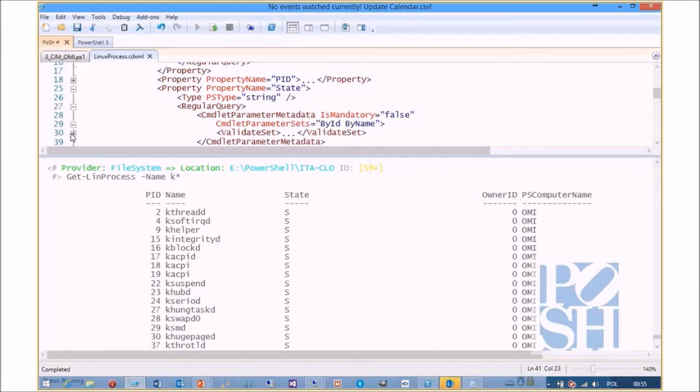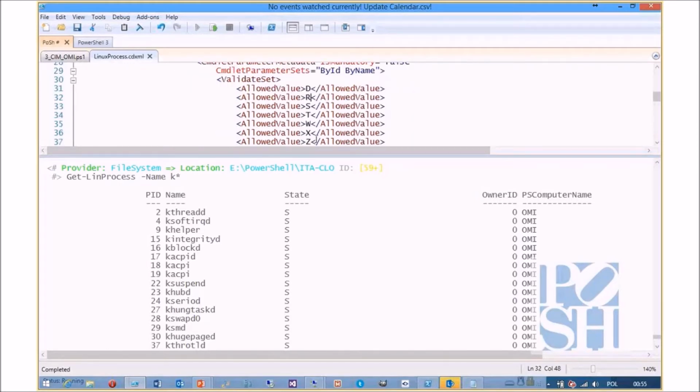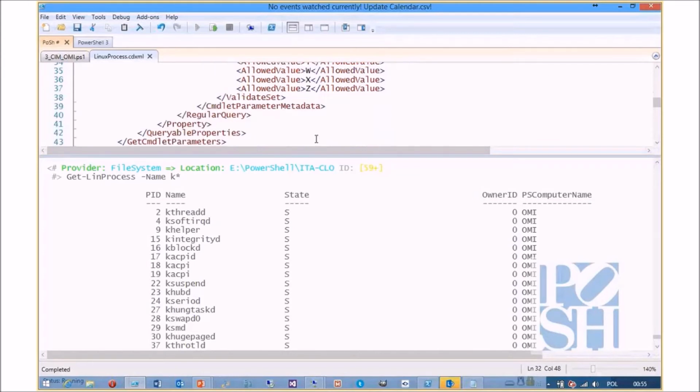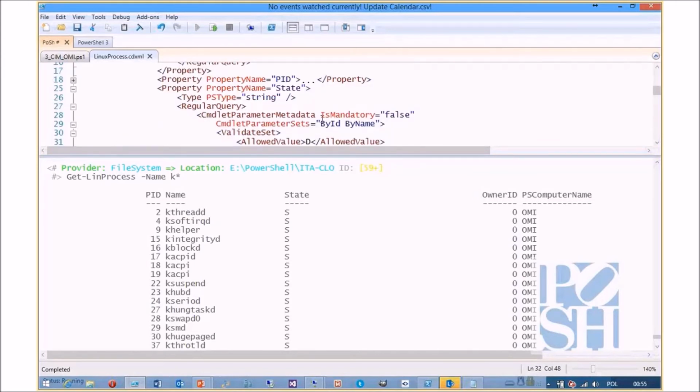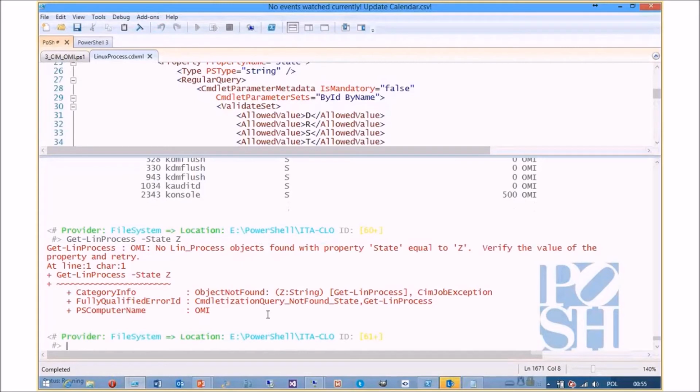It's obviously in the PowerShell code, it looks different, but here we can specify it for each of those states that are expected on the remote end. You can always specify it here and see all the processes that have a given state. So I can do Get-LinProcess -State, and now I can tab complete it like any other command that has a closed list. So if I specify Z, it says that no process has the state,